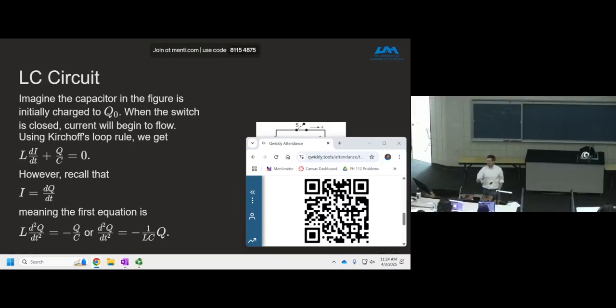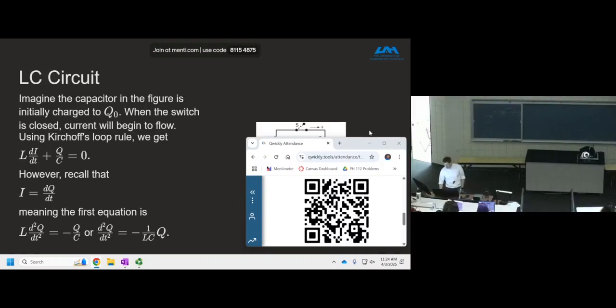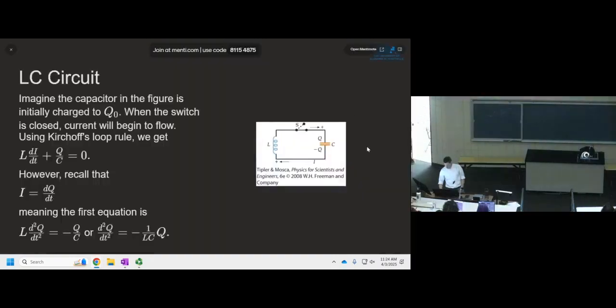And the capacitor is going to be initially charged to some value Q naught. We're going to charge it up by some mechanism not shown in this figure. Then we'll disconnect the thing that charges the capacitor and we'll close the circuit, so that current is now allowed to flow along the conductors in the circuit. And taking Kirchhoff's loop rule,